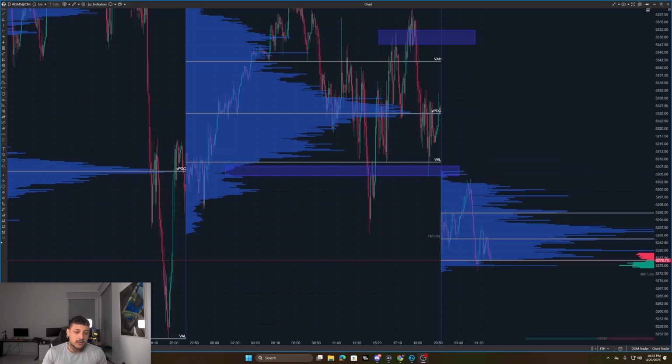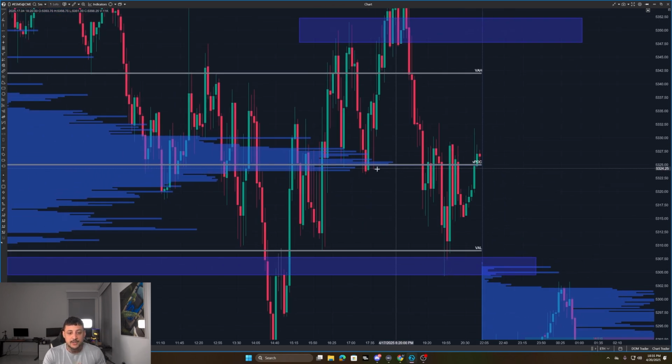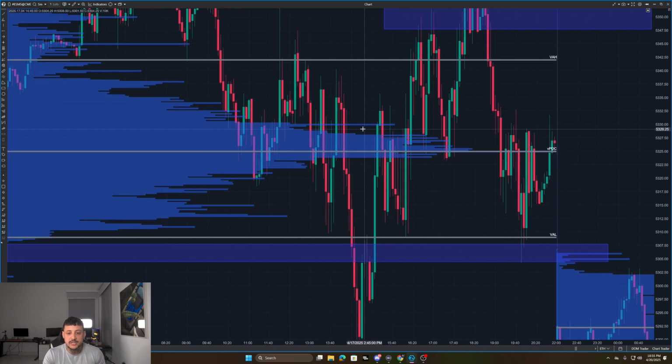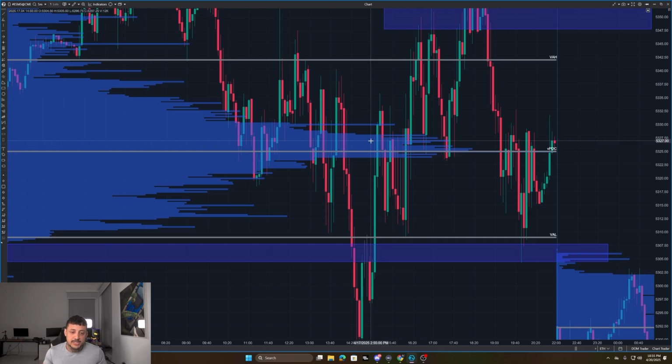And then also, one important thing when it comes to the POC, the point of control: it's not that you guys want to take trades directly at the POC, because you could see a lot of consolidation in this range. Again, you could use it to take trades at the POC, yes, but this is not something that I would prioritize every single day. The way I would be looking at taking trades off of the POC would be, okay, well,